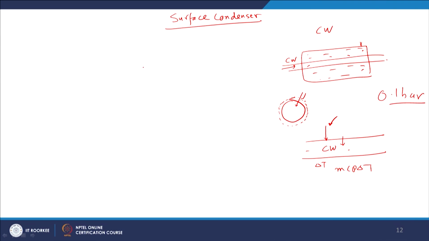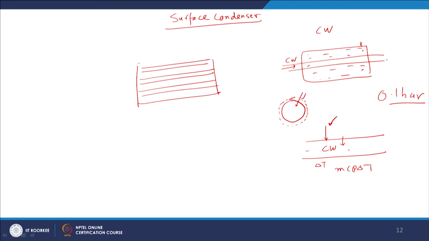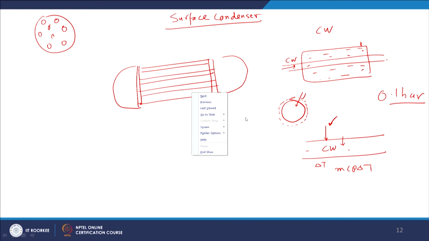So, here as per the construction of the surface condenser, there is a bundle of tubes, right, and the tubes are connected to the tube plate. So, if you look at it, the end view is going to be like this. There is a plate and there are a number of tubes which are embedded in the plate, right. There is a water box on this side, there is a water box on this side as well, right, and water is entering from, let us say, this side.